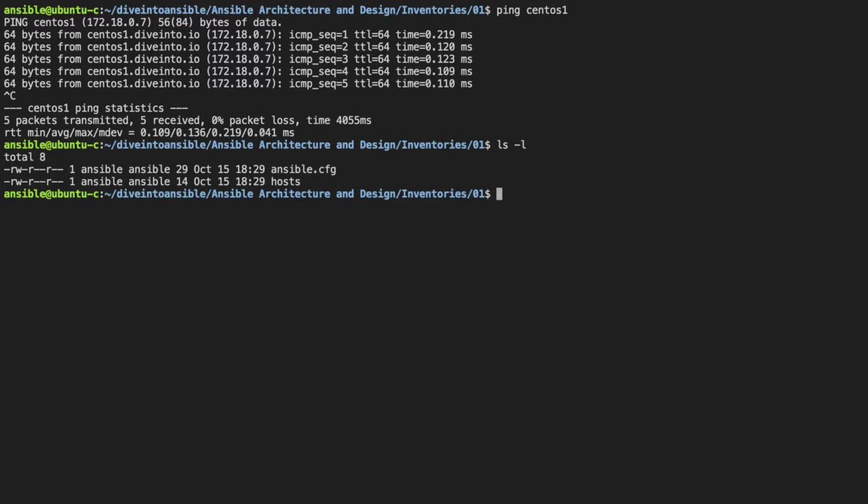Let's take a look at these. Firstly, if we have a look at our Ansible config, we have a default section, and within this we're specifying our inventory with the value of hosts. This is going to be a file name called hosts that is relevant to the path. If we take a look at the hosts file,